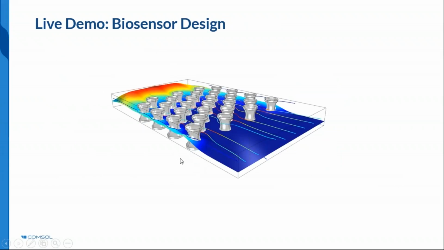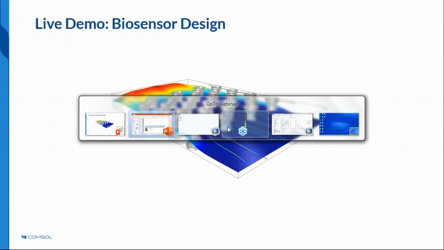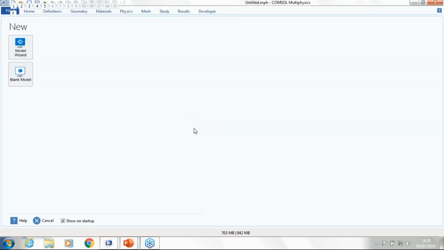Okay, so now we've had an introduction to building a biosensor. Let's move into COMSOL and make the model. Opening COMSOL, we're presented with the new screen to start with. The two options are either blank model or model wizard. It's always recommended to start with the model wizard since it pre-populates the model builder tree for you with the required physics